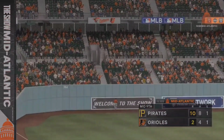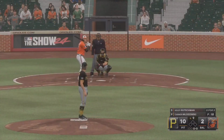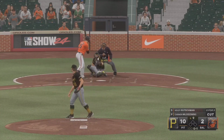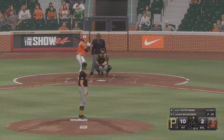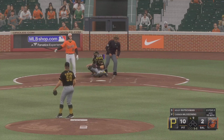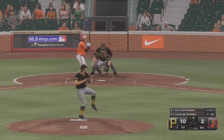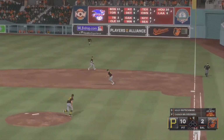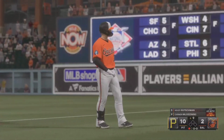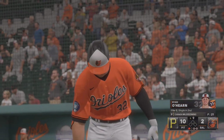Back here in Baltimore, now at the plate, Adley Rutschman. The catcher, Adley Rutschman. And here it comes. Right through there for a strike. And that's off the inside edge. And now it's even 1-1. And a pitch. Towards first. And that one handled. The flip to the pitcher covering. Rutschman retired. Up next for the Orioles, the first baseman,